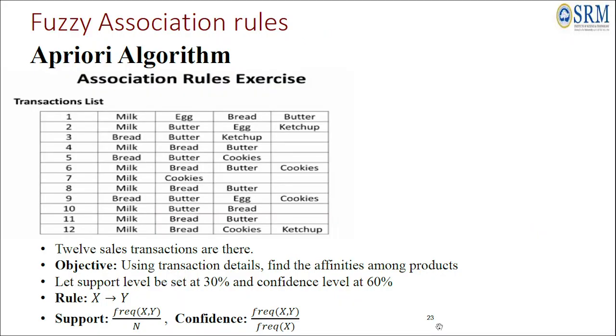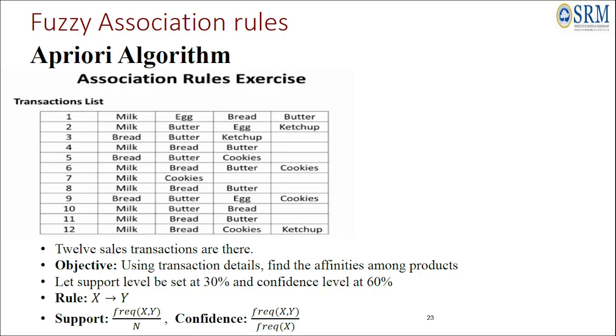Hello everyone. We will be discussing the a priori algorithm under the fuzzy association rules. To explain this algorithm, we will be taking the help of a numerical example. In this example, we can see that there are 12 transactions happening, and in each transaction, there are multiple products